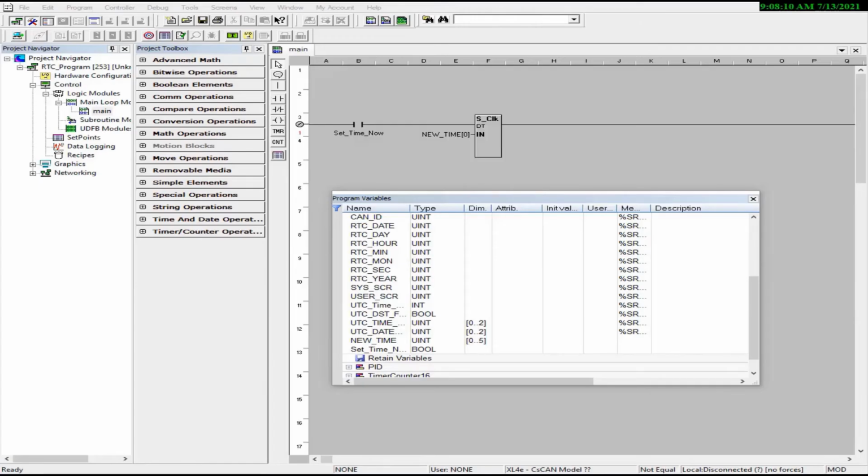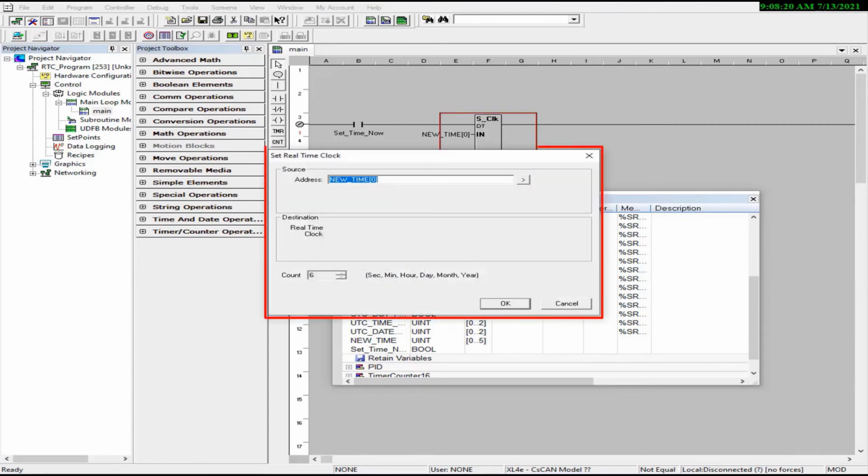We're in Cscape. I'm using variable-based ladder, so I have a single normally open contact. When it's enabled, it's enabling the setClock function block. I'll double click on it here, and the input to my setClock function block is a single array that has a dimension of 6, which contains what I'm calling the new time. Once again, that is the seconds, minutes, hour, date, month, and year that I'm going to be setting the clock